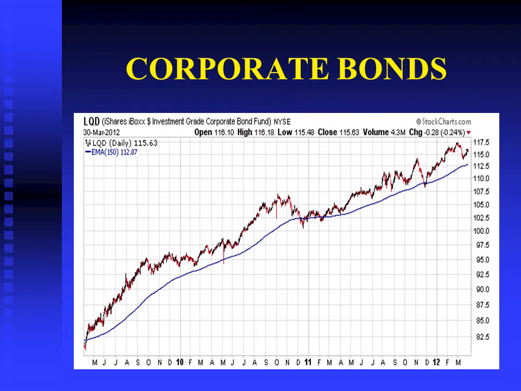Another asset class doing well when the economy slows down is corporate bonds. Again, the picture is almost the same as the previous stocks, which belonged, by the way, to different sectors. But look here, the same 150-day moving average, and look at the bond price moving higher. Again, you buy bonds not just for the yield, but because the price of the bond moves higher. And again, this is an attractive investment when the economy slows down.